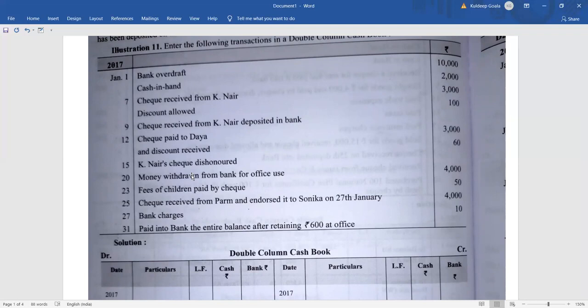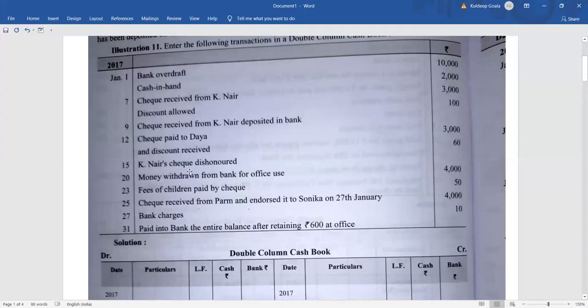Okay, how is the check dishonored? When we deposit a check in the bank, the check goes through processing, and our bank takes this check to KNIR's bank account and verifies it. After that, they transfer the amount to our bank account. So in this process, the money comes into our bank account. But if KNIR's bank account does not have sufficient money, then the check will return and be written as dishonored, right? So in this situation, we will catch back again KNIR.